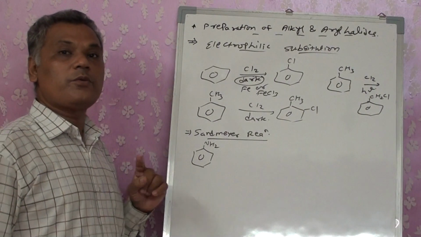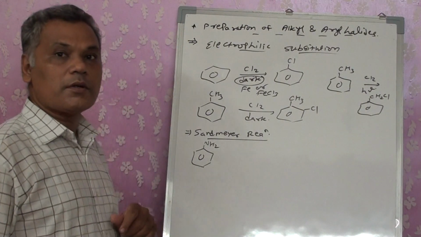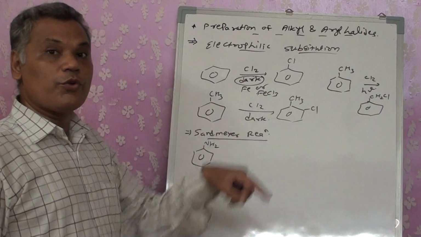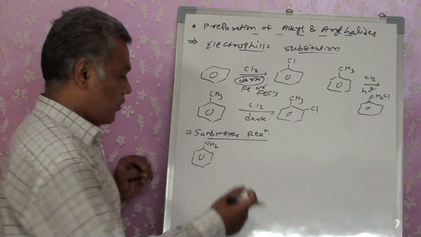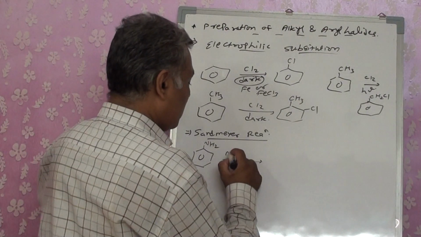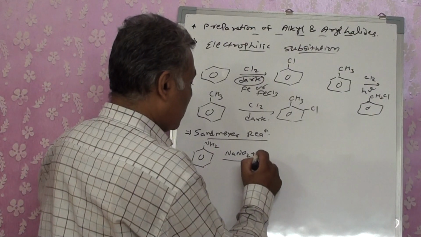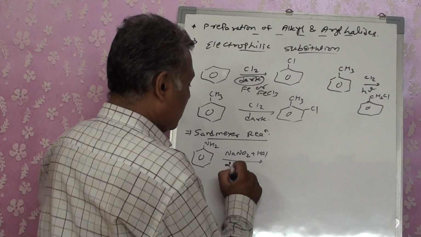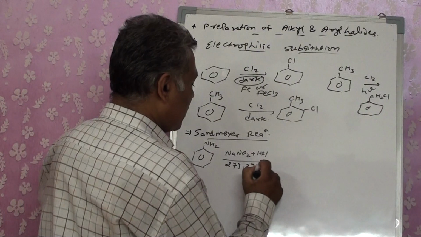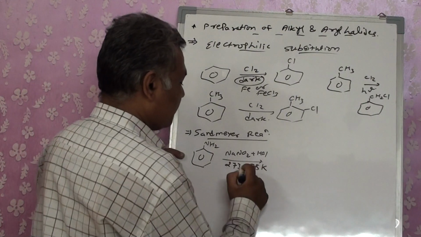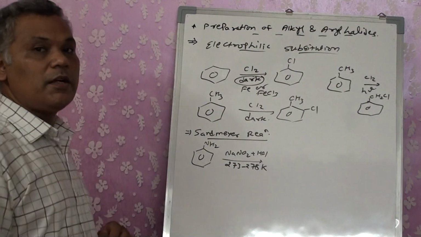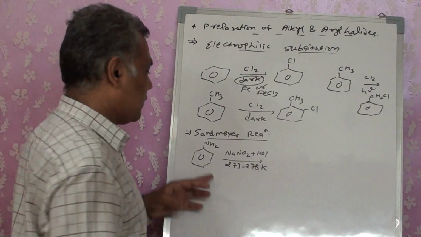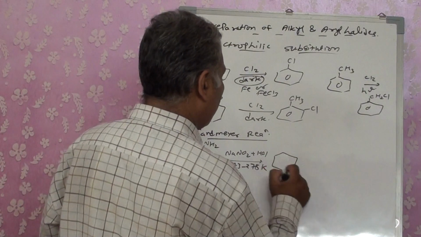Over there it's a chemical property of amines, right? So this same reaction is going to be there in the 13th also. What are we going to do over here? NaNO2 plus HCl, at 273 to 278 Kelvin temperature, that is 0 to 5 degrees Celsius. The compound will get converted into